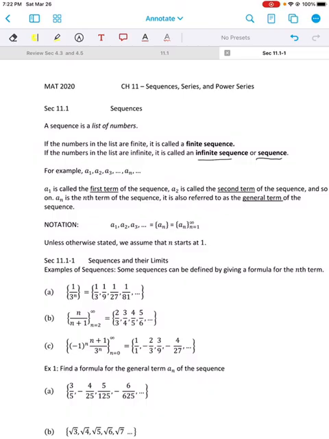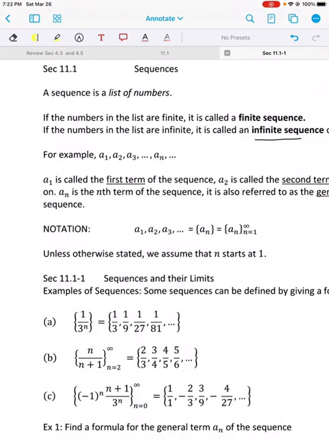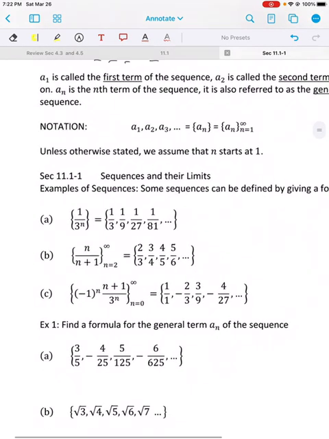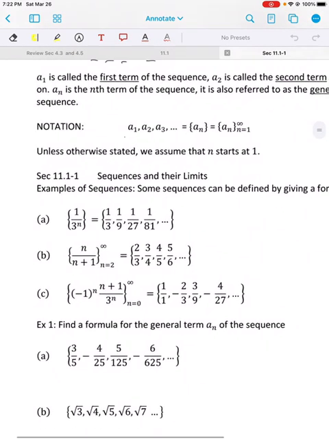Now, when we are given a list like a1, a2, and so on, this is how we will be denoting the numbers on the list, or we also call them terms of the sequence. The a1 is called the first term, and then the next one is the second and third, and so on. A notation for a sequence is just to write them like a list, like here,